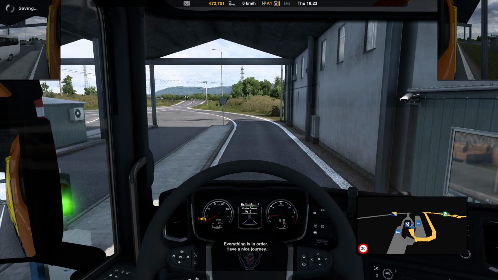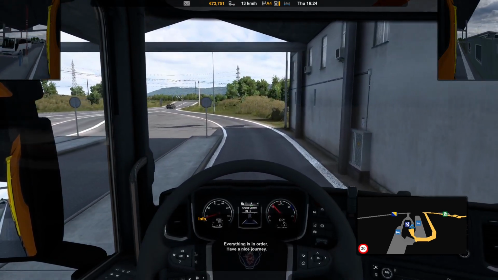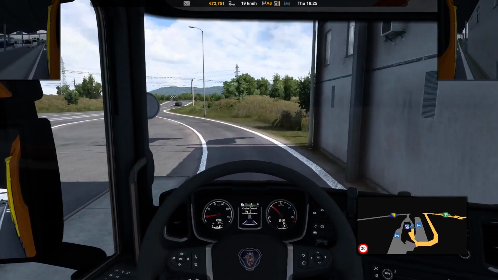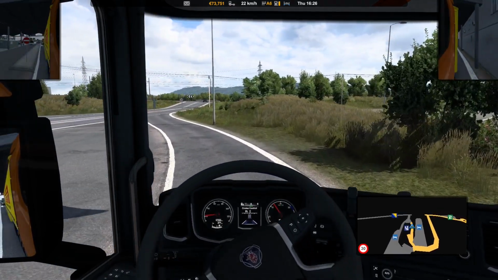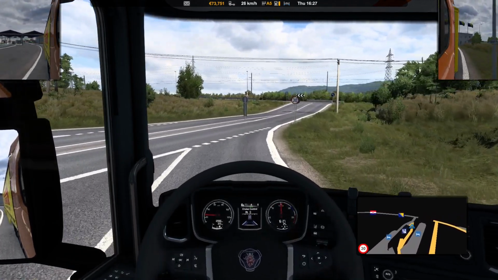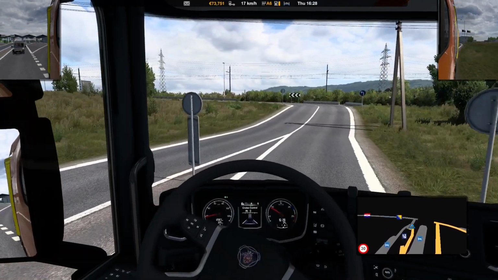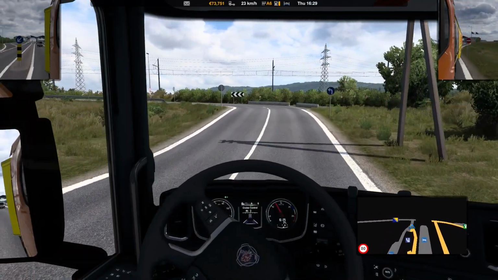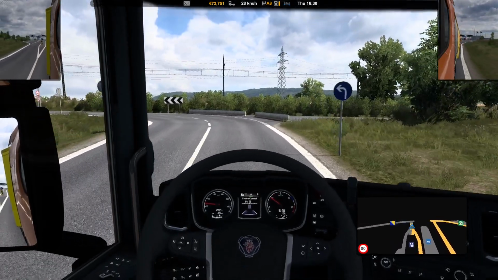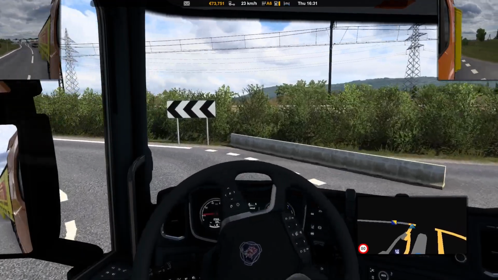Thank you, sir. You have a good day too. Alright. On our way. Get ready to turn left. Is he gonna... Alright, looks like he slowed down and let me go. Turn left. And now we're back on the road. If we hadn't gone through the checkpoint, but...